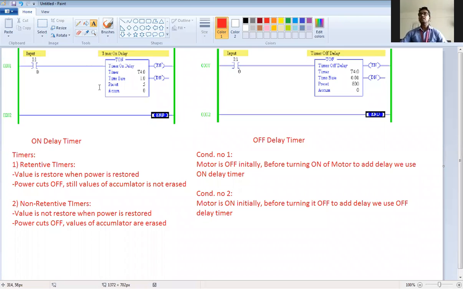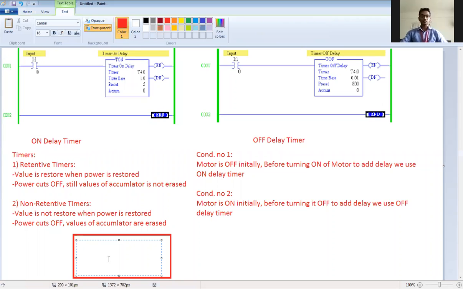So as you can see here, in the on delay instruction, I am drawing the same box here. In this box, what are the things? Because the screen is blurred somewhat, I'm writing here again: timer on delay.